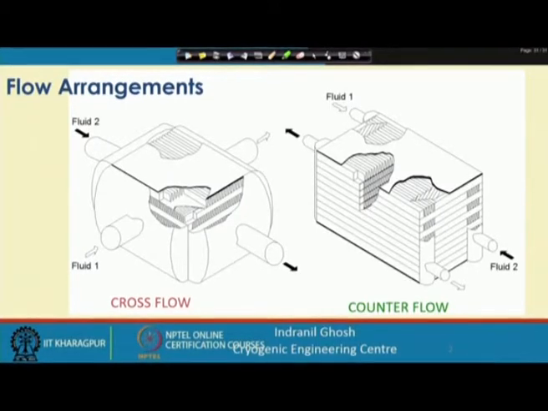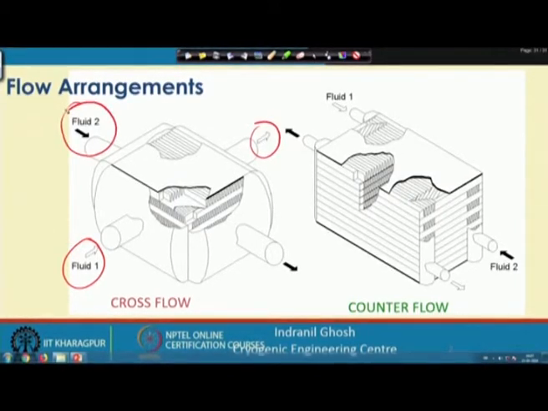So, here in this case only fluid 1 and fluid 2 are seen. I mean, this is fluid 1, this is fluid 2 moving out, and this is fluid 2 which is coming in and coming out through this exchanger. This is the cross flow type, and we also discussed the counter flow heat exchanger configuration, where